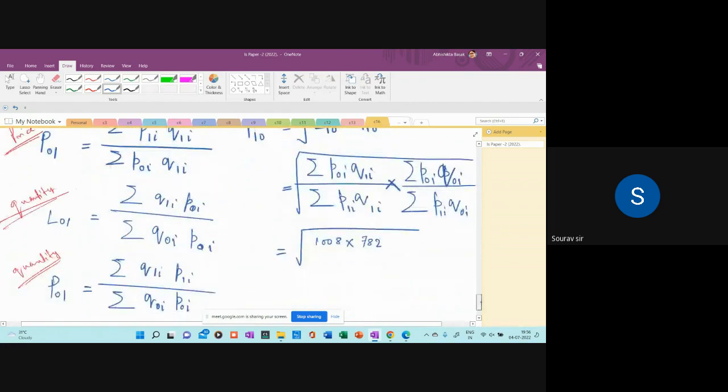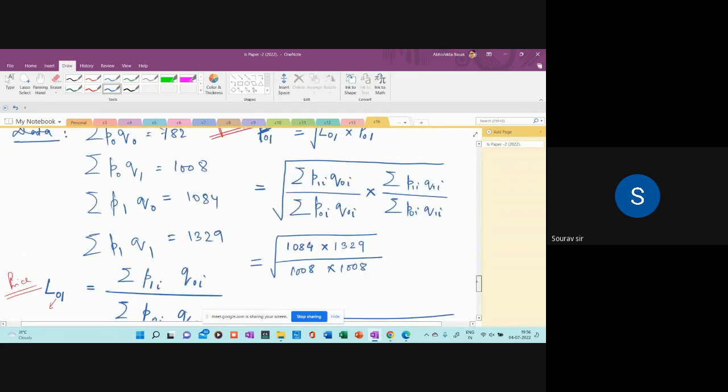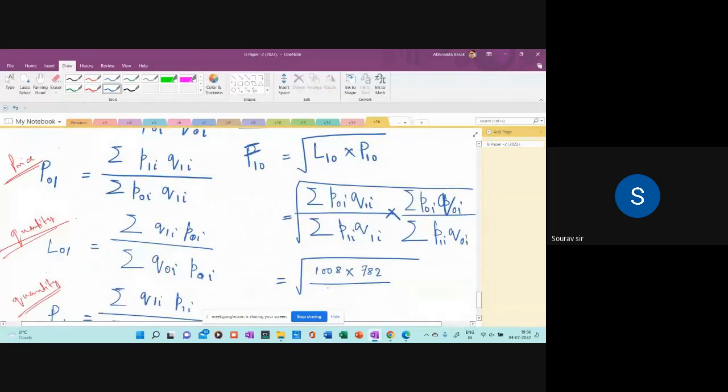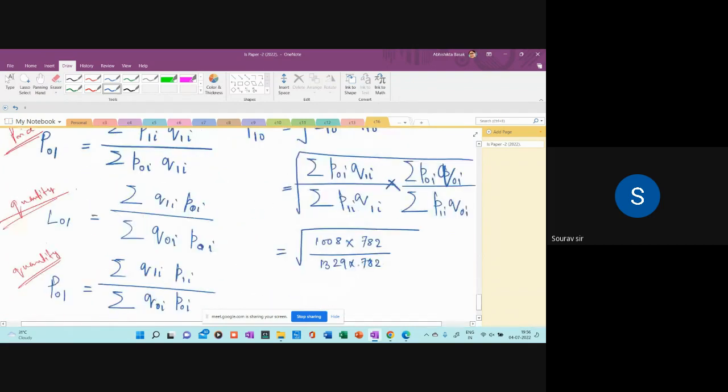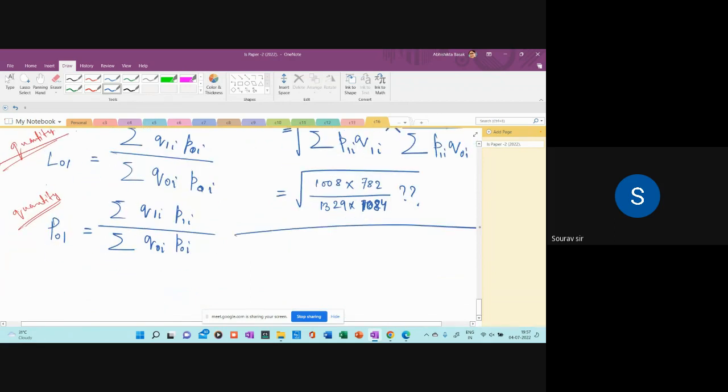Okay, so that is the formula. P1 Q1, P1 Q naught. P1 Q1 is 1329 and 782. Okay, so that is the value you have to obtain. This is P1 Q naught. Wait. 1084. This is going to be the value. Just see and check the values. I am not sure about putting the values since I am scrolling up and scrolling down continuously. So you just put and see the values. I am just giving you the formulas. Now it's basically